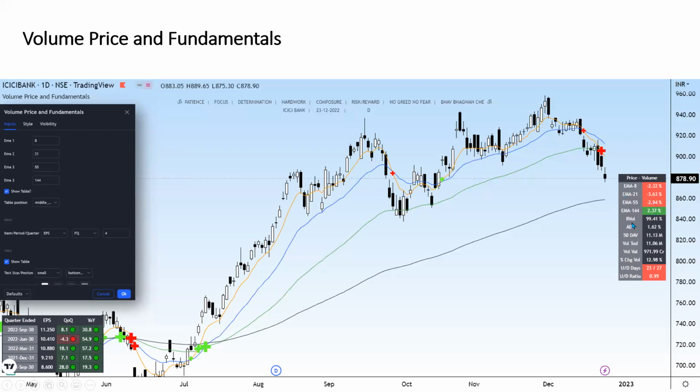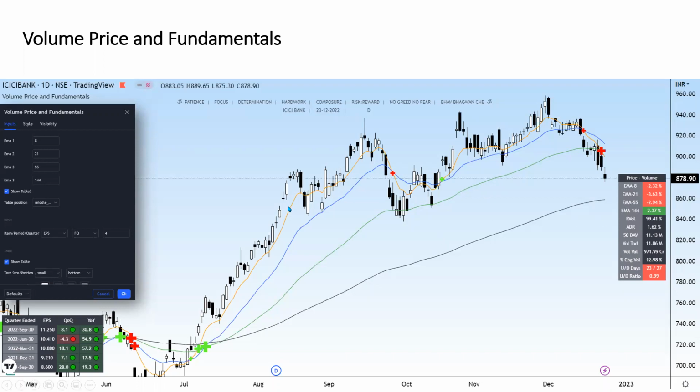That is one. Then relative volume, meaning today's volume compared to the 50-day average volume. The 50-day average volume is 11.13 million, and today's volume is 11 million. So today's volume is almost near the average, so relative volume is 100%. But sometimes you see a very large number on this when there is a volume burst. You'll see 200, 300%. That means it tells you today's relative volume as compared to the 50-day average is very high.